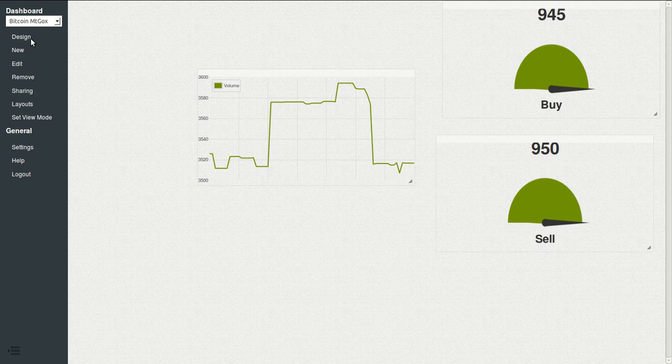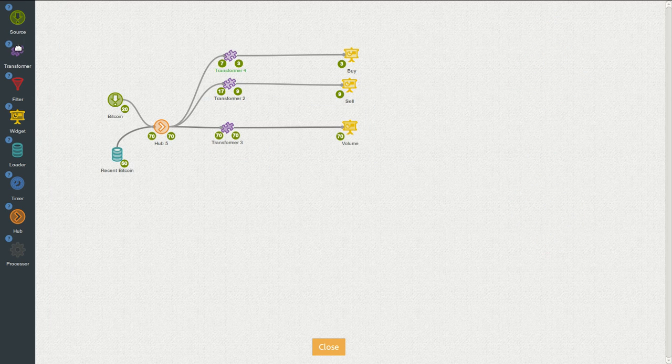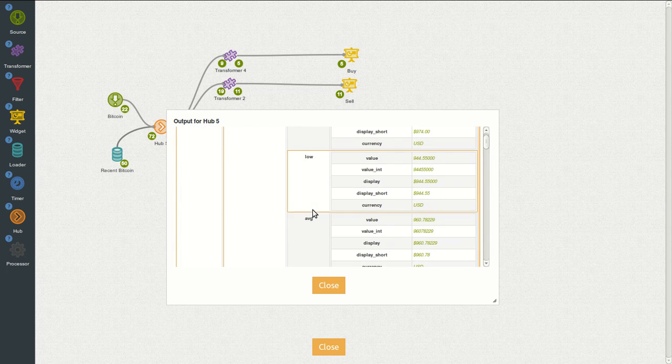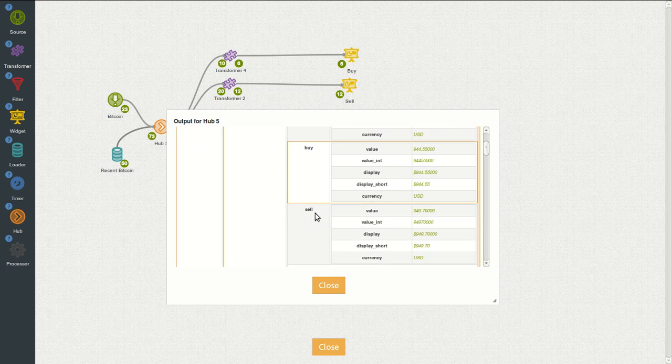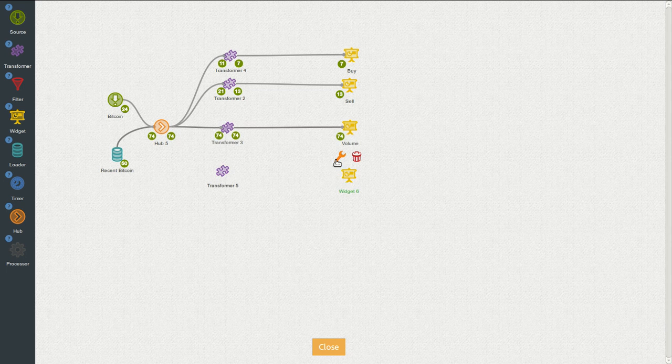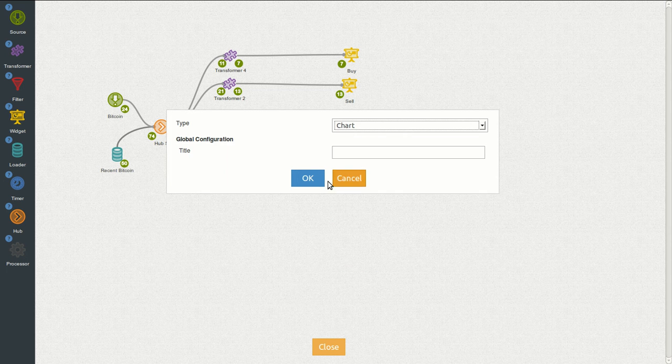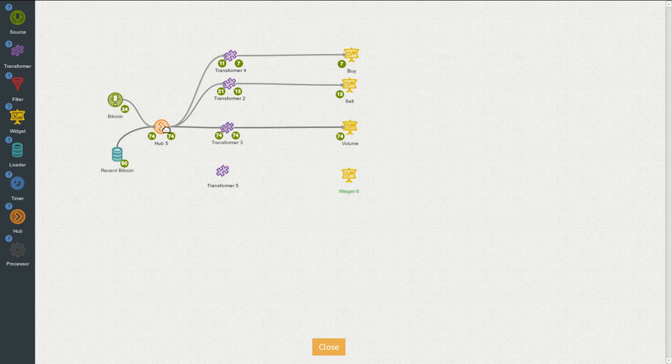Now we have a lot of values, and this one will be a little bit more complex because we want to do it once and for all of them. So we will chart the other fields we have, that's high, low, average, let's say buy and sell. So we will need a new chart. Click OK, leave everything as is, connect again,